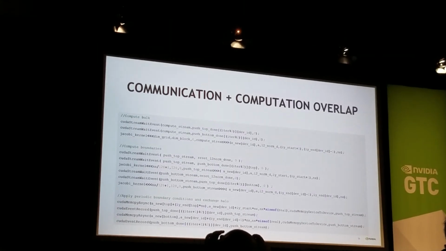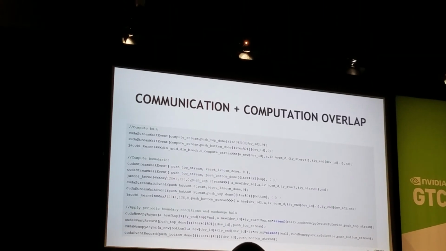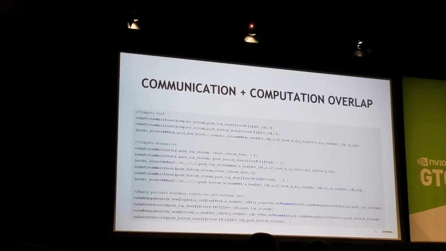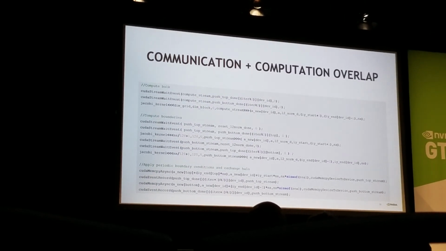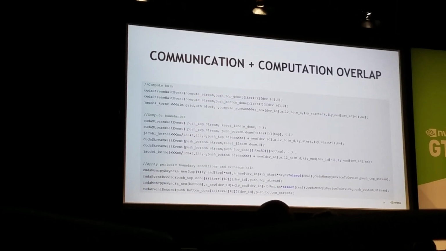First we start computing the bulk kernel, which is the first block here. And the stream wait event is to wait for the copies of the last iteration before we start the next one. So that was also in there, if you check the